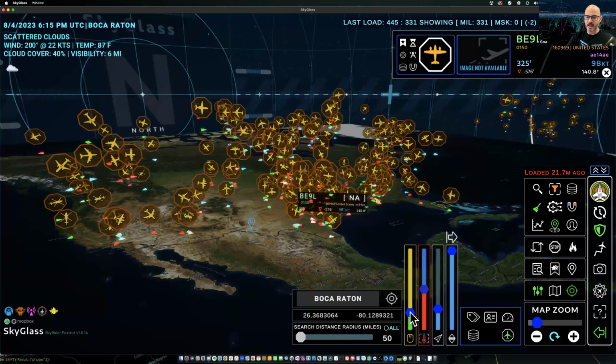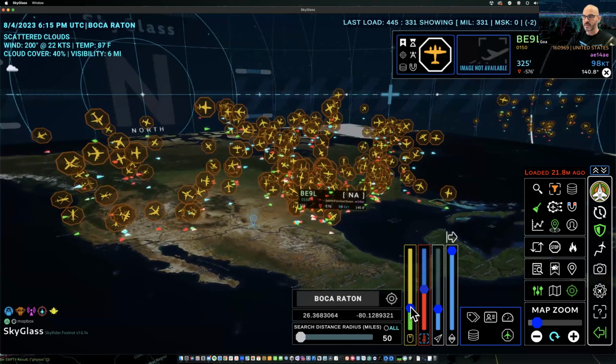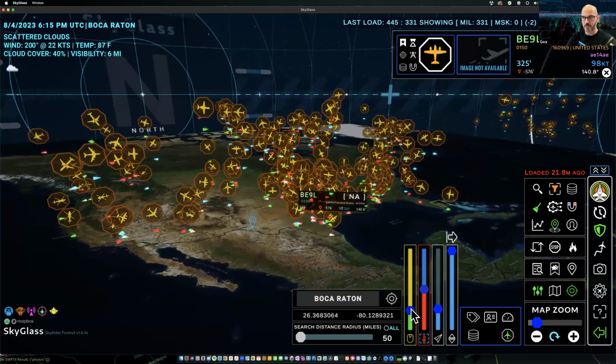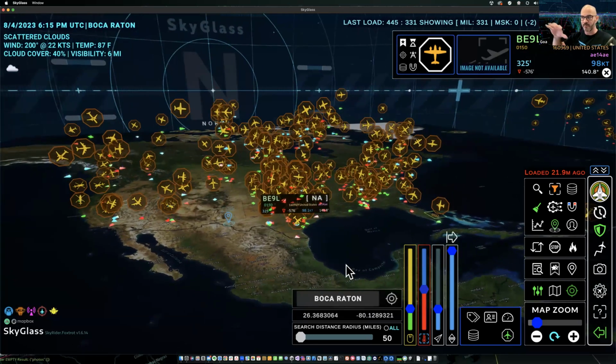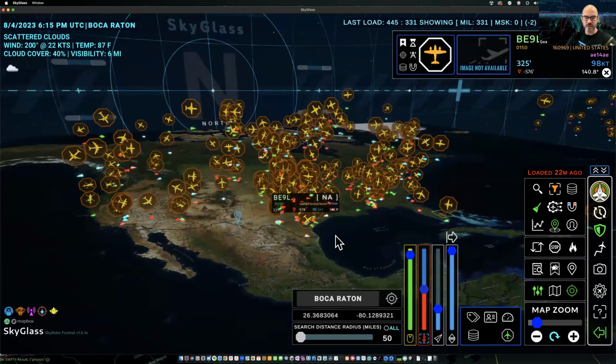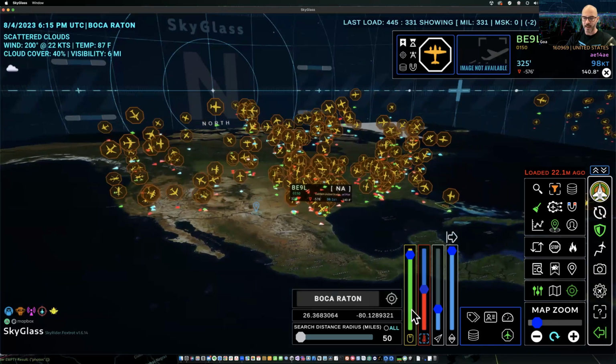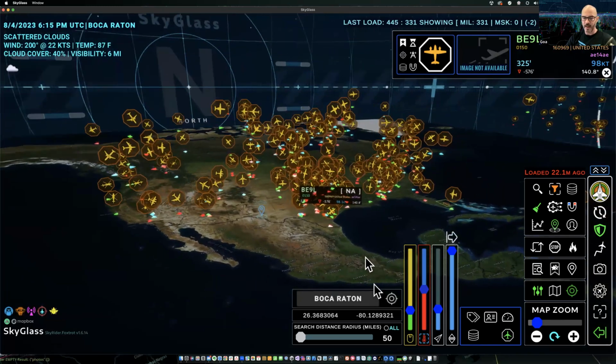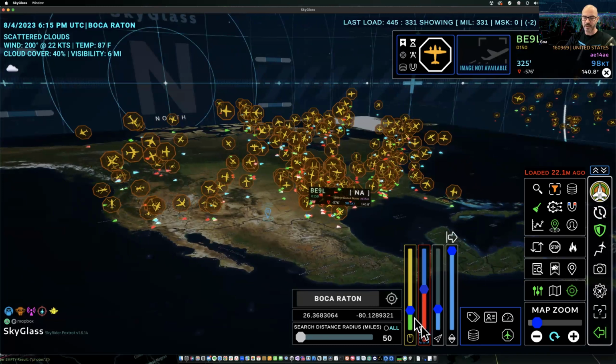This first one is an adjustment for your mouse sensitivity. Again, there's quite a variation of different mouse styles, and you can change the speed of your mouse on your computer itself, but you can tune that here as well, making it slower or much more responsive. I kind of like to keep mine down on the lower section, but that's the first one, the mouse sensitivity. And then the second one, probably you're not going to use very often, but everything in SkyGlass and transponders